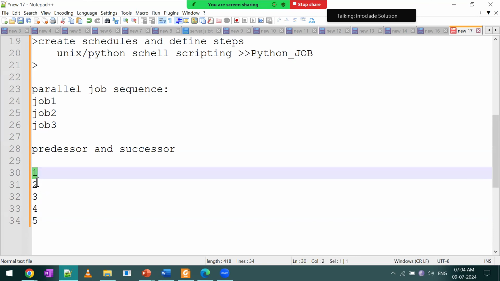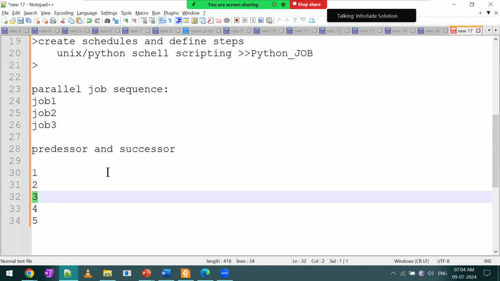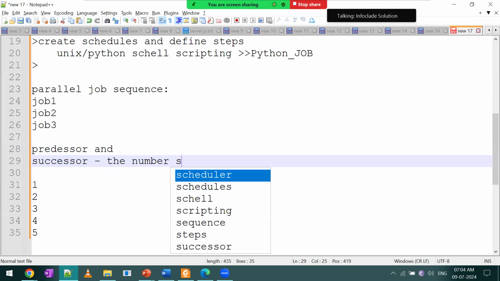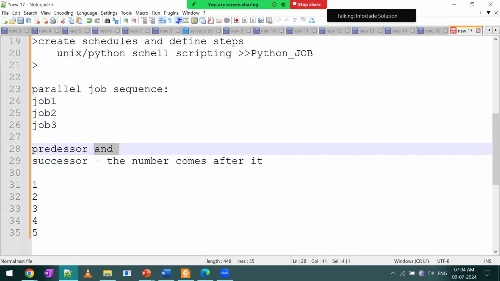For the 1, the 2 becomes the successor, for the 2, 3 becomes the successor. Successor is nothing but the number or something that comes after it, and the predecessor is nothing but the number